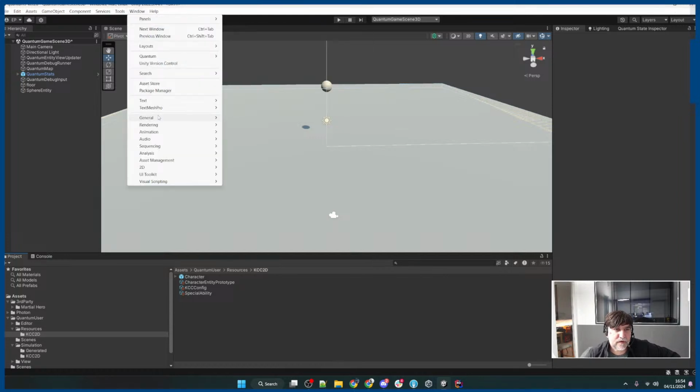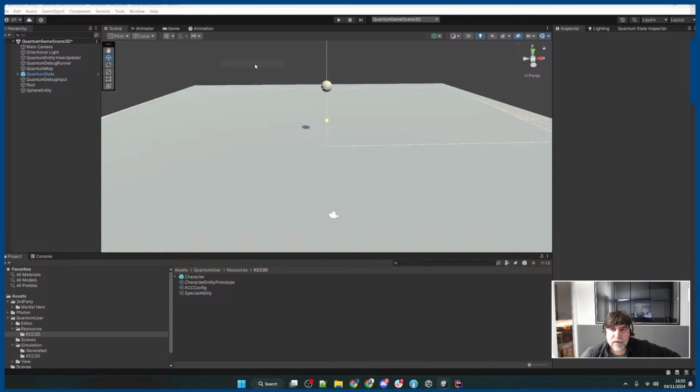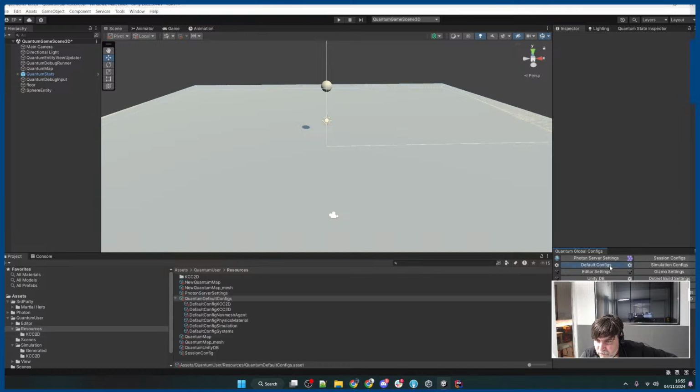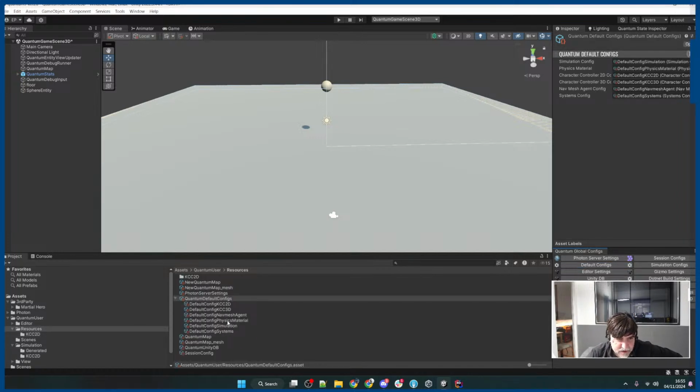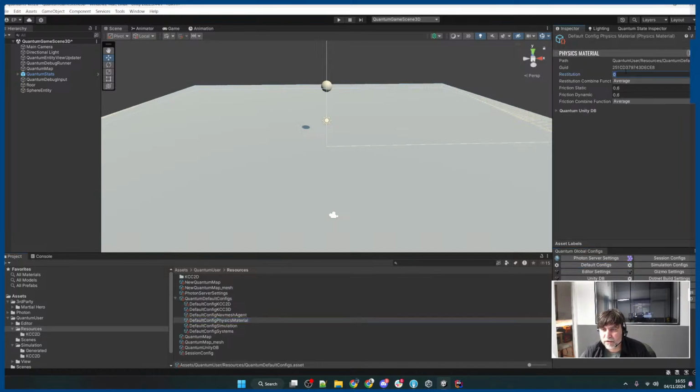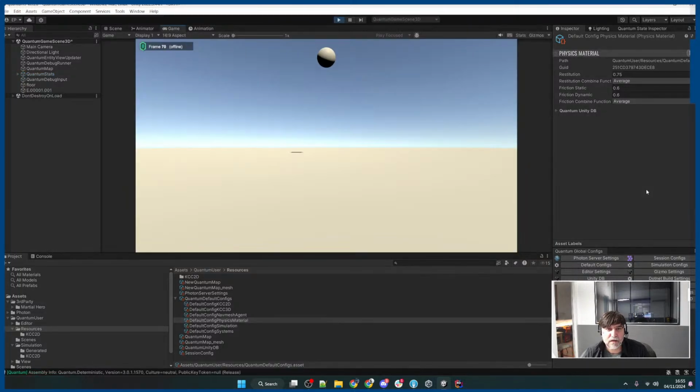Yeah, that one. I like to have this one always available. What did I want to get here? Oh yeah, default configs. I want to check my default physics material, and I want to have some restitution, 0.75. It's not bouncing. So now if I run again, the ball bounces around, so this is the 3D